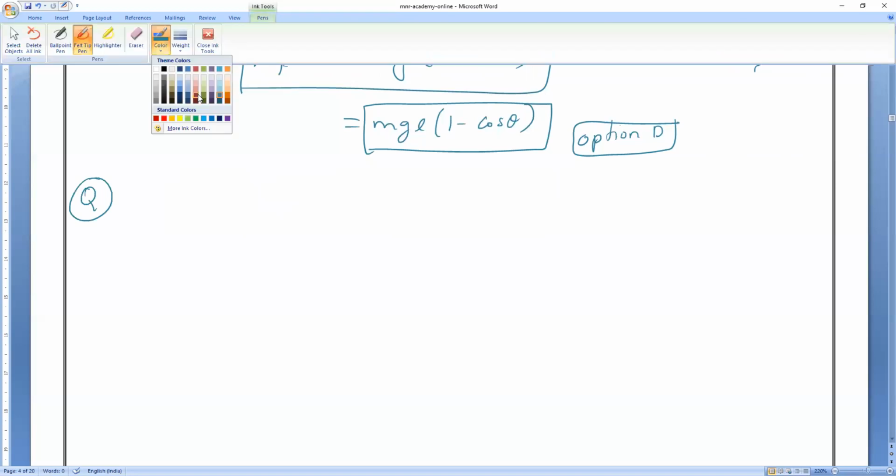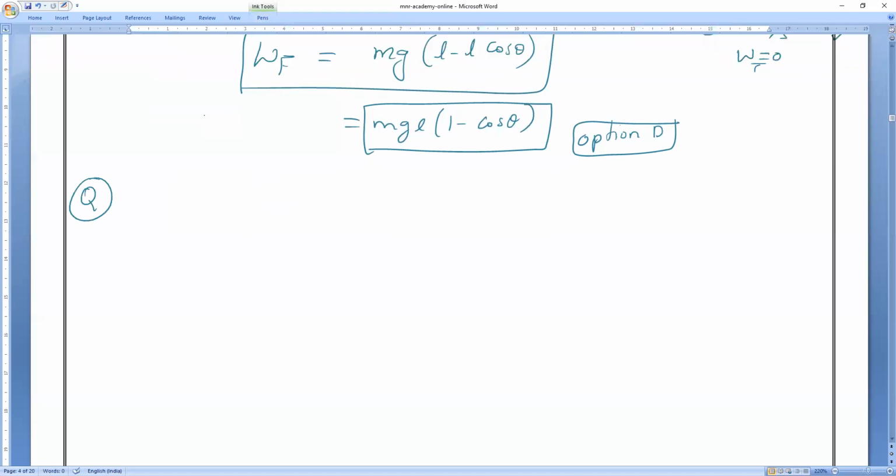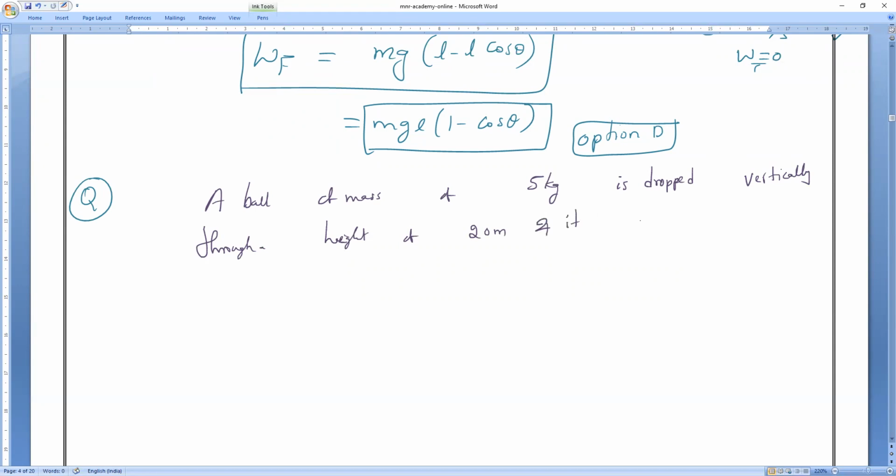So that is a very complicated question, but you have to solve it. There is no way. Okay. Next question. Make it quick, then I will give one homework sum also. A ball of mass 5 kg is dropped vertically through a height of 20 meters, and it gains